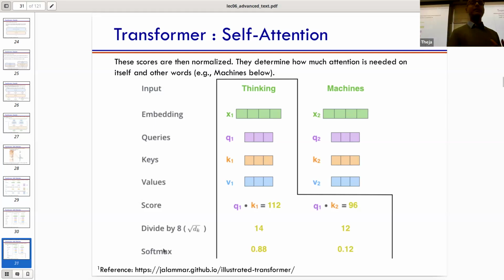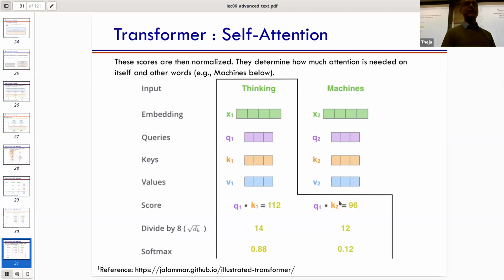The only vectors we have not yet used are the value vectors, v1 and v2. So we use these weights to do a weighted average of v1 and v2, and that weighted average we call z1. Then we repeat the same type of processing, except q2 will be used with key1 and key2.